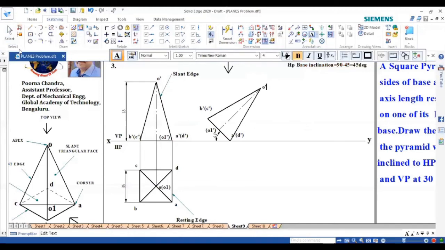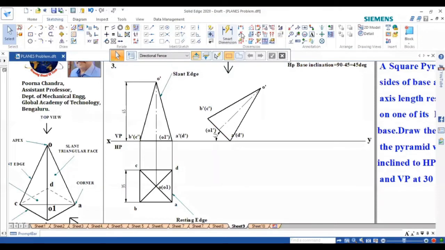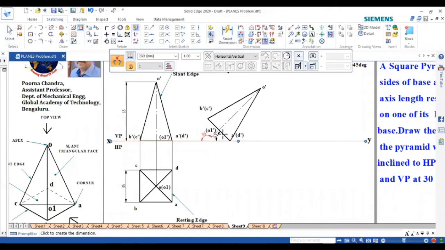So now if I extend this, you can check out. So the axis inclination you can find now. See, now this axis is inclined to HP at 45 degrees only. So to achieve this, I can take this base inclination as 90 minus given angle.